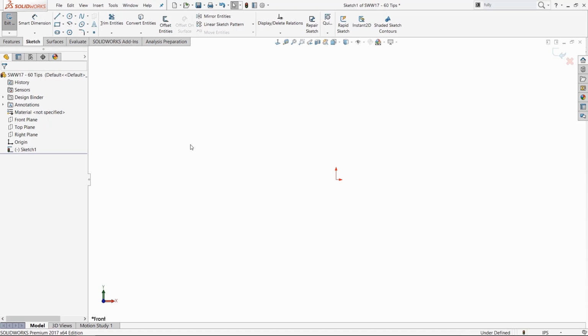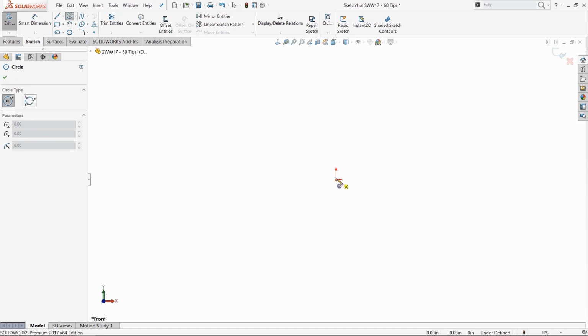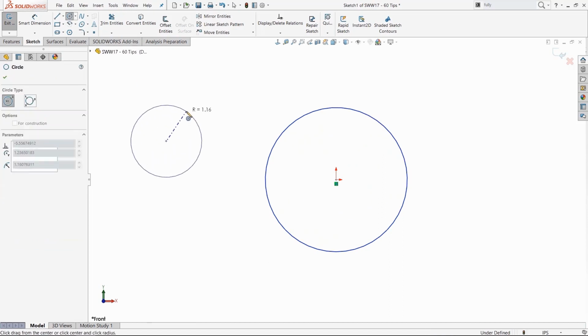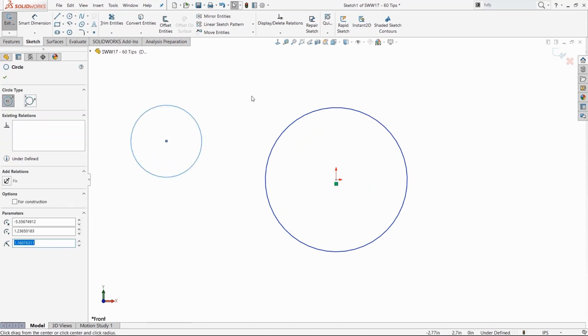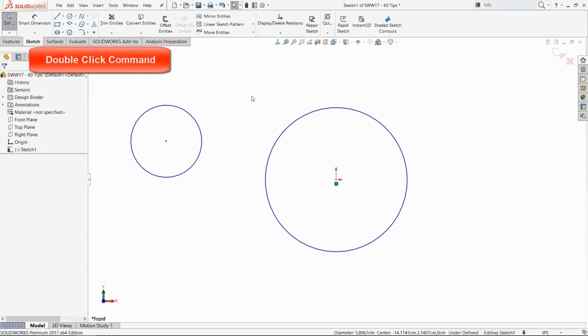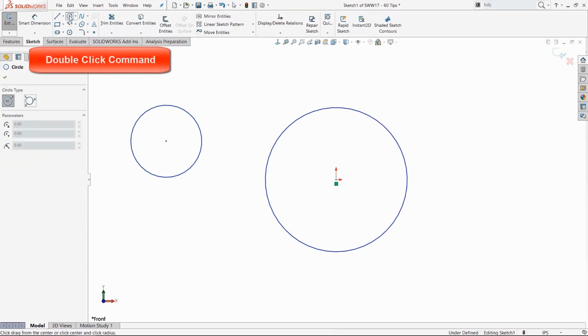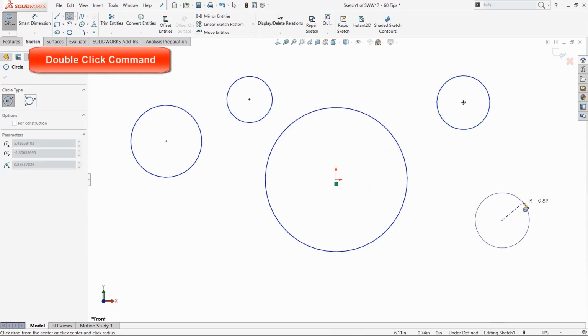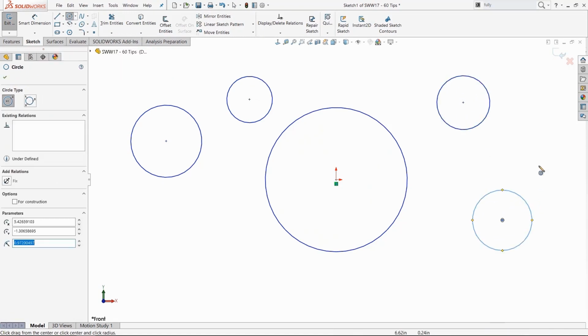Here I'm drawing a circle, and you'll notice that each time I draw a circle I'll need to go and reactivate the command. Now that's because I have the system option single command per pick turned on. Now if I know I'm going to use the command multiple times, there's a trick to this. Just double click the command and then it will return to the default behavior, allowing you to use the command as many times as you want. And that's single command per pick in SOLIDWORKS.